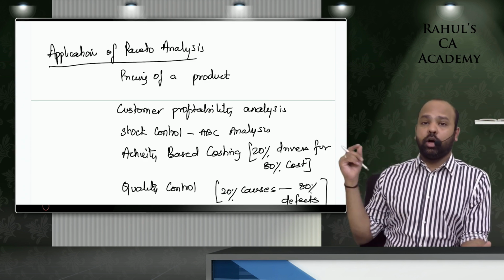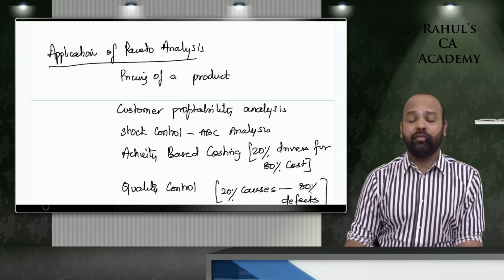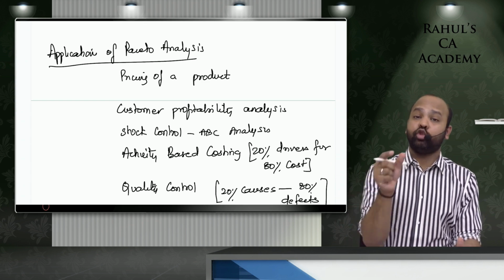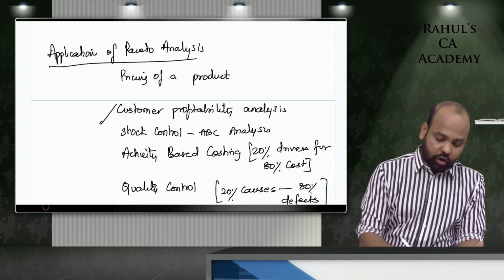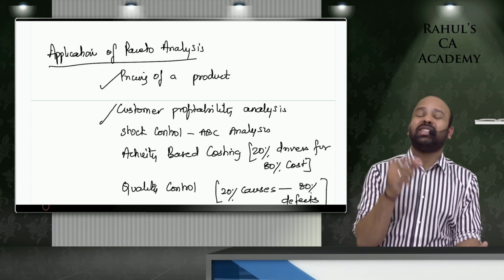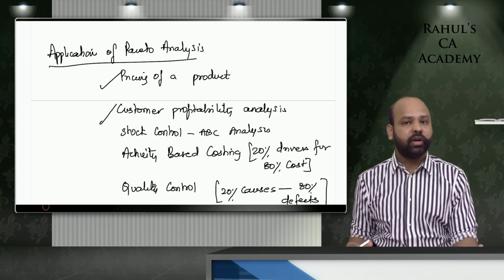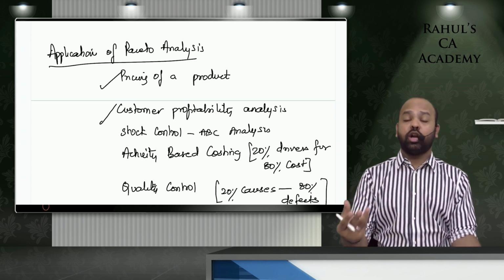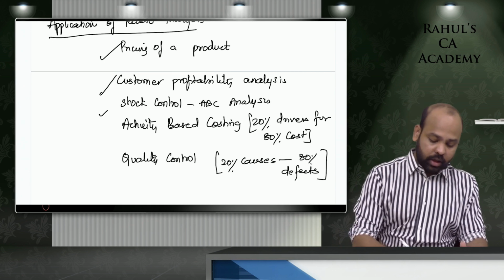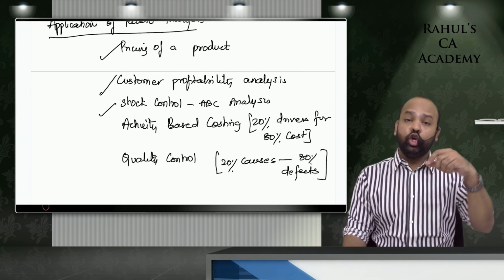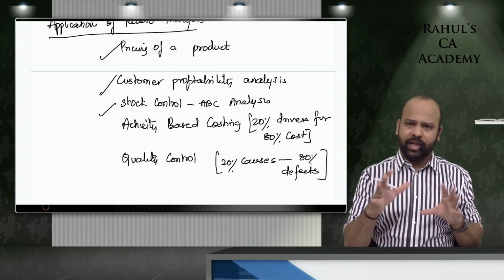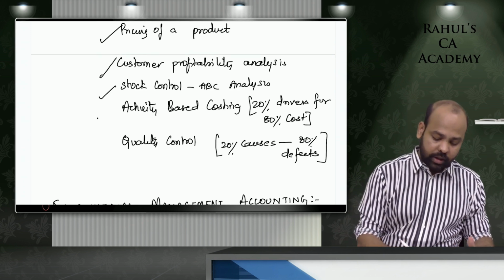Or the top management should not be worrying about pricing of every product. Let them concentrate on the pricing of those 20% products which are contributing to 80% profitability. Let the top management concentrate on those 20% customers contributing to 80% profitability, or 30% customers contributing to 70% profitability. Let the materials be segregated as category A, B, C. 10% volume, 70% value, 20%, so like that, you will have classifications of inventories.